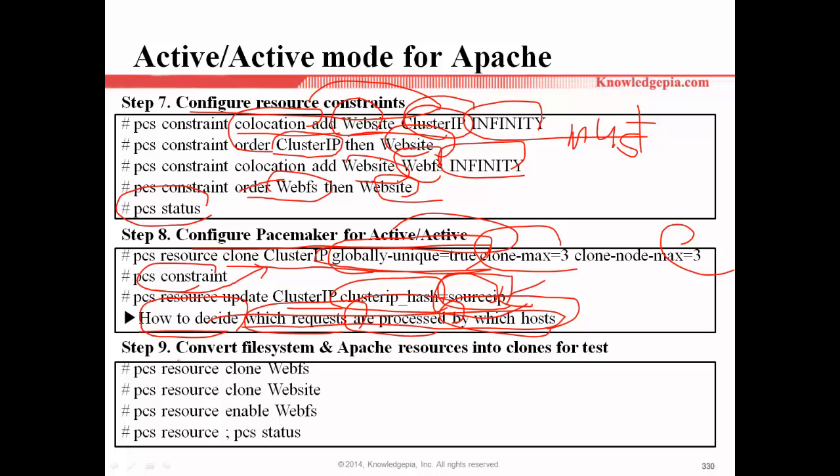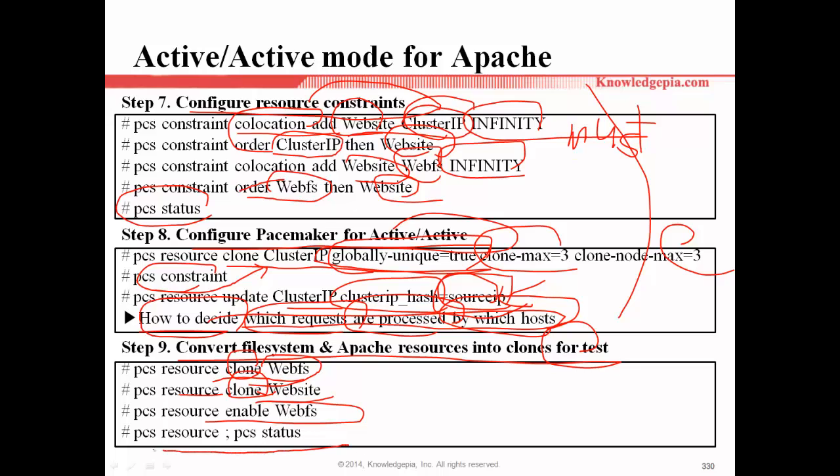Step 9, convert the file system and Apache resource into clones for testing. So now we have created all the resources and the Pacemaker configuration as well. Now we need to copy these resources to the other cluster nodes, WebFS and Website, using clone and clone. Now we need to enable these resources using the enable command, for WebFS and Website.